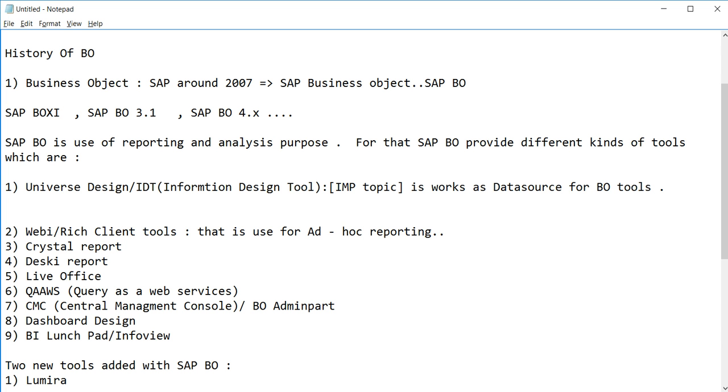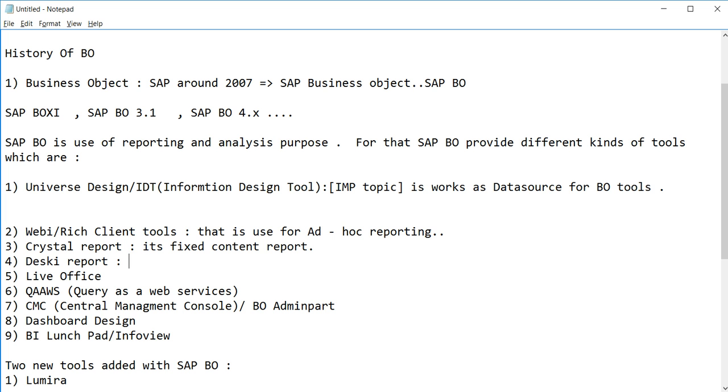Suppose you want to design an employee report, you will get the list of all the employee objects like employee name, employee salary, employee department. You just drag and drop, and your report will be designed. So that is used for ad hoc reporting. Crystal report doesn't support ad hoc reporting, it's a fixed content report. Whatever report you have designed in Crystal report, if you publish it on the server, then the user can't change the format of the Crystal report.